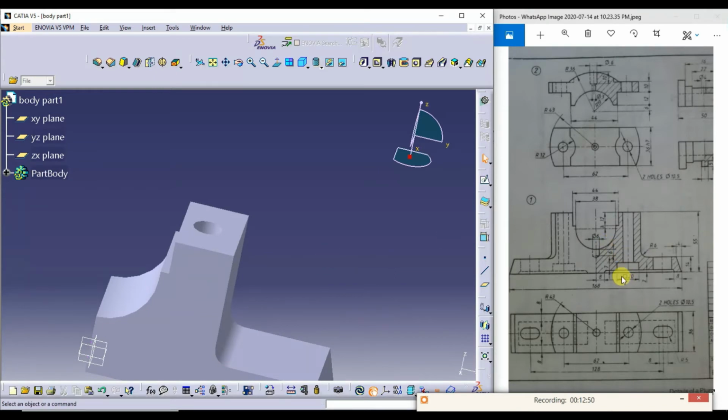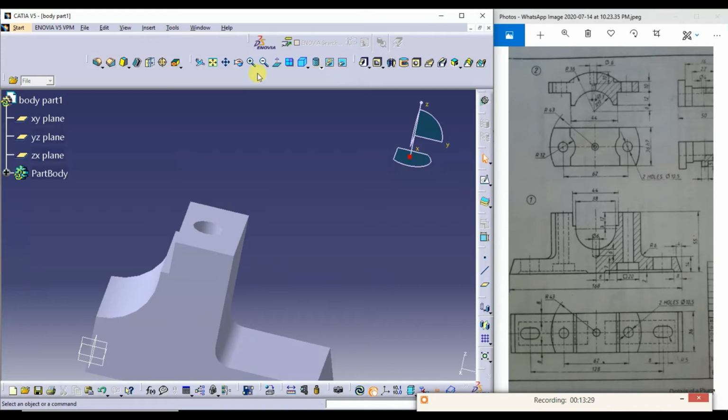Next I need to create this cutout. You see from the top view, this is a rectangular cutout I need to create. The dimension of this one is in such a way that from the center it is how much? The distance from the center of this to this is 8 mm here. From here to here it is 8 mm. Here also he has given 8 mm.